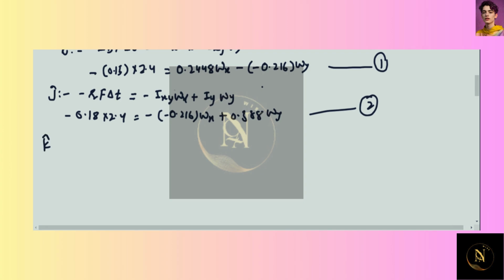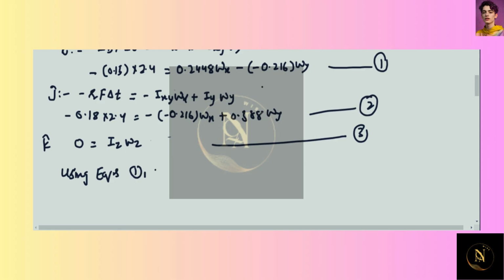Equating the coefficient of k, 0 is equal to Iz omega z. So by these three equations, using equations 1, 2 and 3, we can find